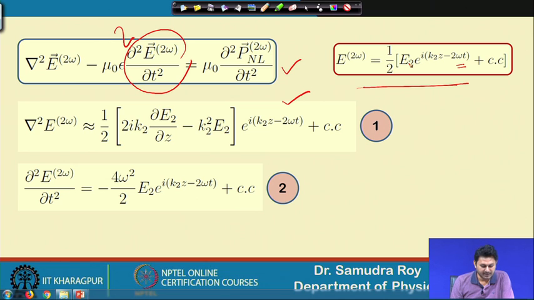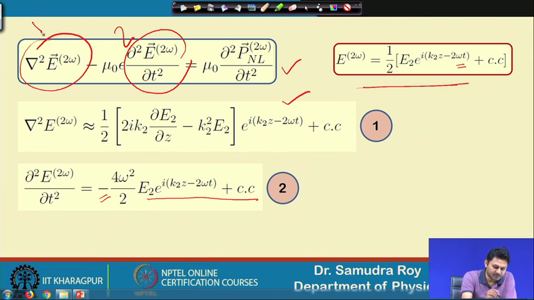So, whenever we make a double derivative, we will eventually have 2 omega term here twice. So, eventually we have, since i is here, a minus sign and 4 omega square divided by 2, and then the rest of the term as usual. So, this is our equation 2. So, first equation, second equation, both, this is the first term and this is the second term. So, first and second term both we evaluate, and when we evaluate both the terms, we have the terms in our hand which are written as 1 and 2. Okay.